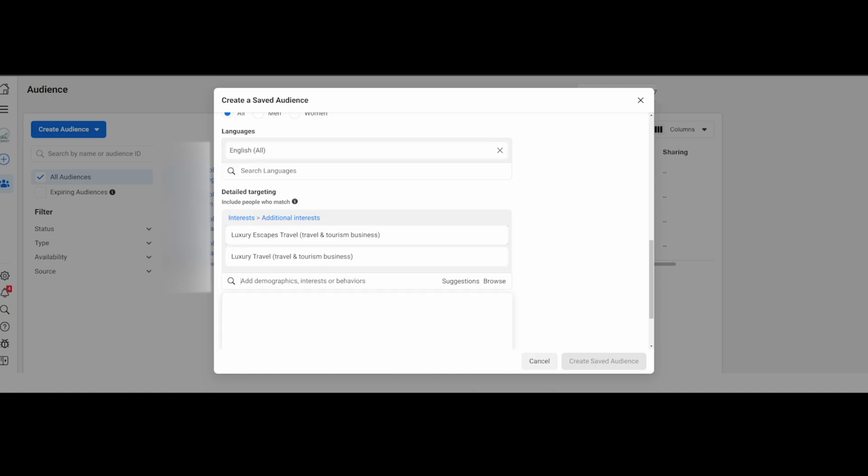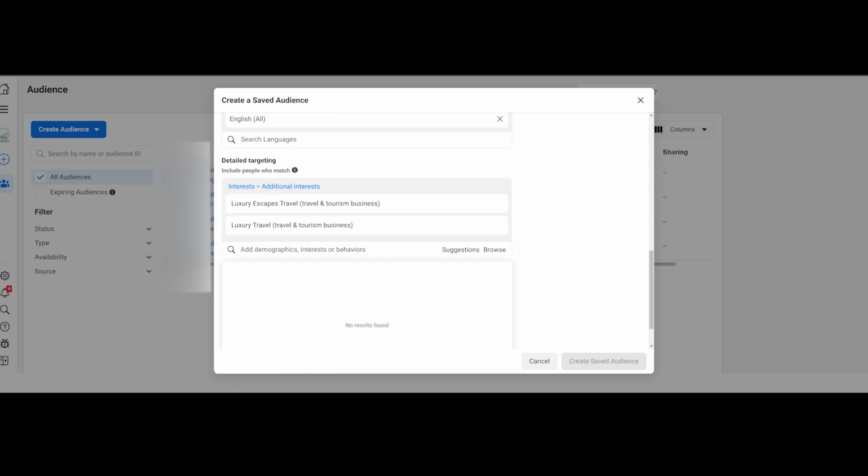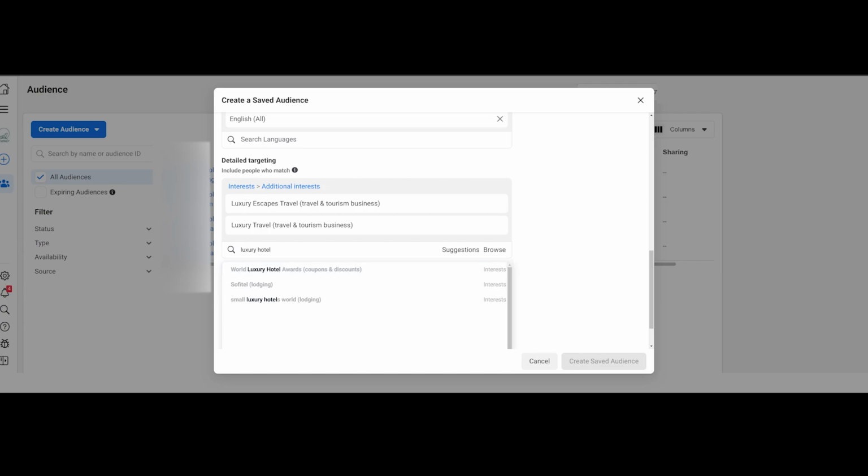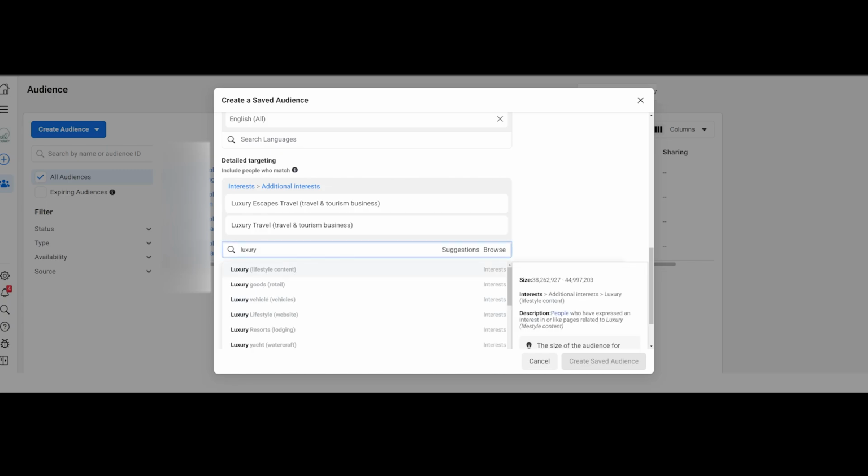Luxury escapes, right? And maybe some generic luxury goods retail. These other types, retail, vehicles, resorts, yachting, can be interesting. Resorts, for example, or luxury hotels can be very interesting if this was a hospitality ad. World Luxury Hotel Awards, Small Luxury Hotels of the World, right? You can retarget sometimes big Facebook pages that exist already. But since this is a travel use case, I would probably go with